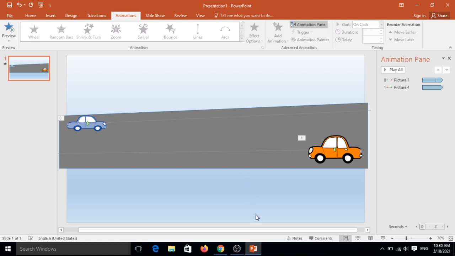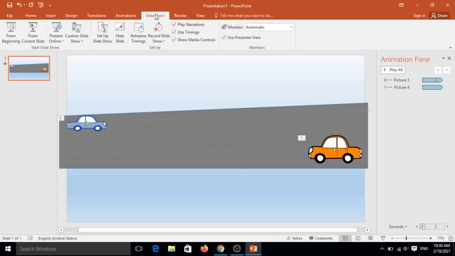Yes, check. Click on slideshow, or you can use the shortcut key F5 to show your PowerPoint presentation.